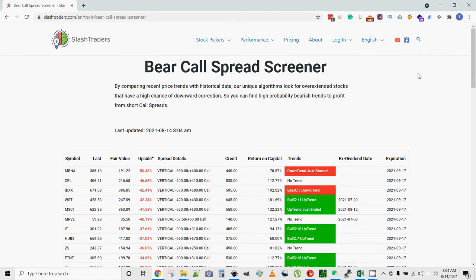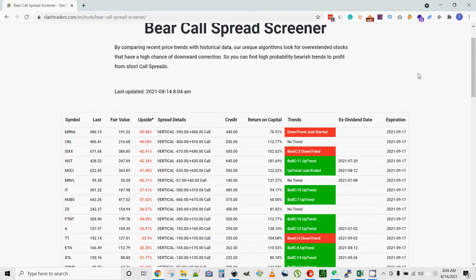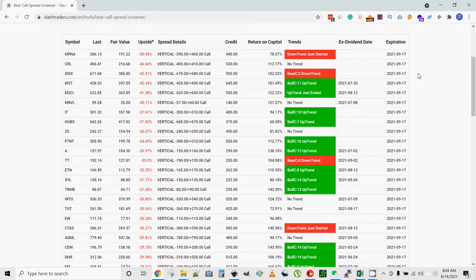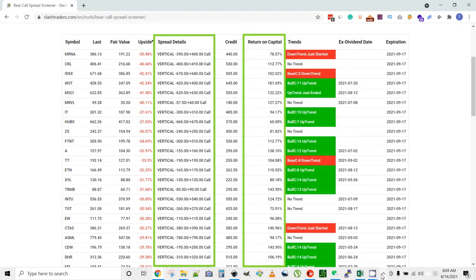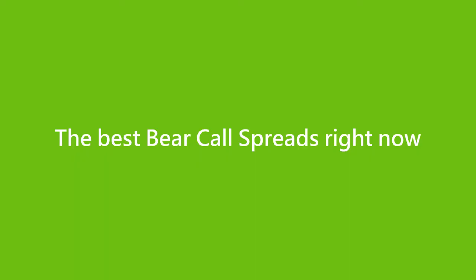Since we are strongly bearish about our trade, we can use negative 50 delta ATM bear call spreads to calculate return on capital. This gives us the highest return when we are right and the lowest maximum loss if we are wrong. So we can look at the screener for the best at the money bear call spread ideas. Let's pick the highest probability and high return bear call spread entry points.